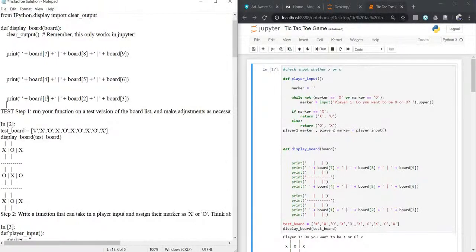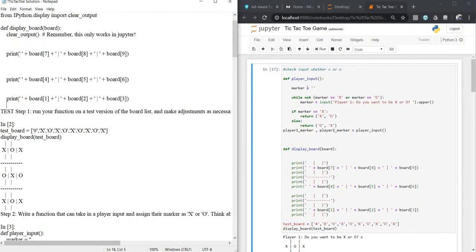If you write like this, you will get an empty board in the output in the Jupyter Notebook. What we are doing here is placing a board marker, which we have assigned here as board, and we are assigning it 7, 8, 9. These are the positions we are giving in a 3 by 3 matrix from the top: 7, 8, 9, 4, 5, 6, 1, 2, 3. So let's come to a solution.